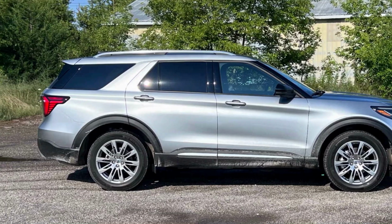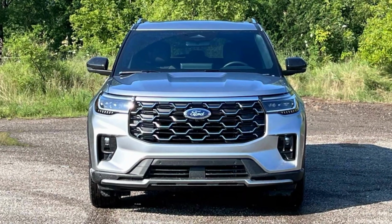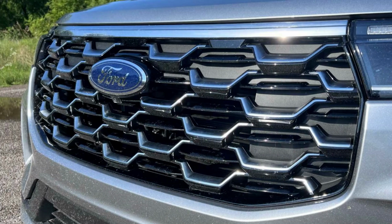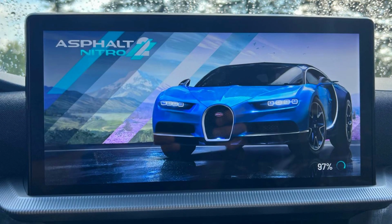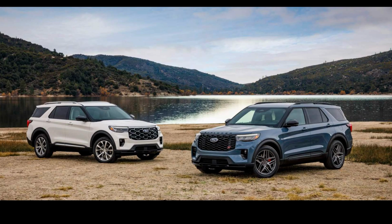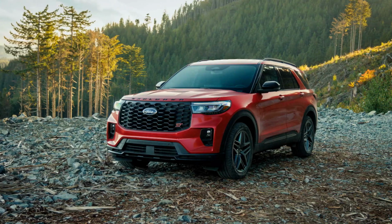The 2025 Ford Explorer has 4 trims, 2 powertrains. Those looking to buy a 2025 Ford Explorer have a few options to choose from. At the lower end, there's the Active trim, starting at $39,755. This is followed by the slightly more expensive Streetline with an MSRP of $44,515, and the Sport-focused ST, which starts at